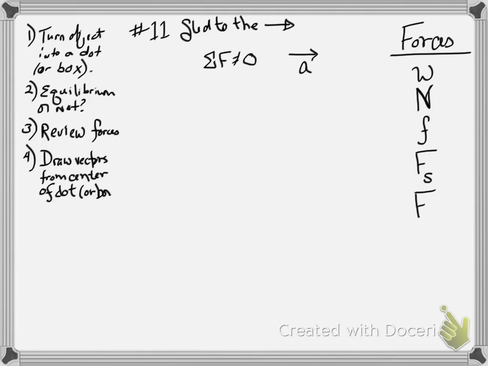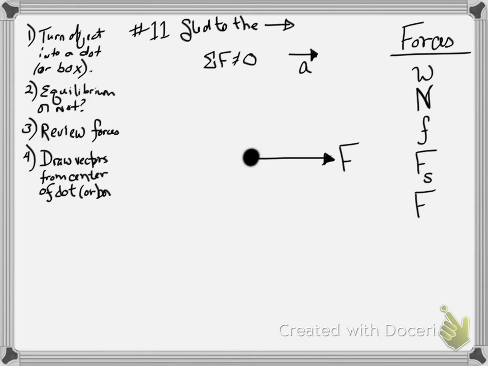Okay, so draw your dot. So we draw our dot, and there, that first arrow is the force accelerating it to the right. Let's label that. Okay, so there's our force to the right, and if it's accelerating to the right,